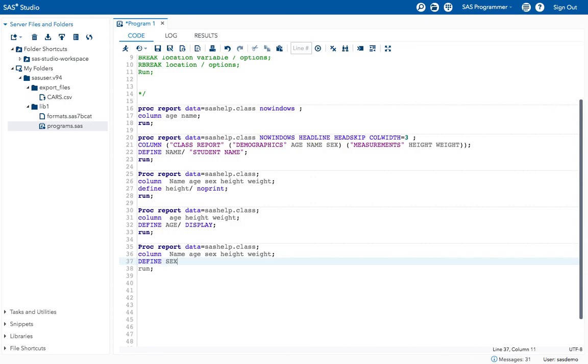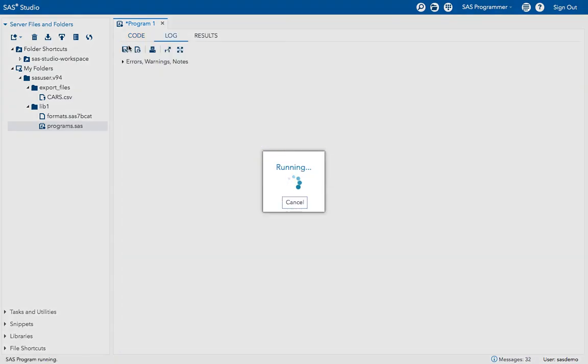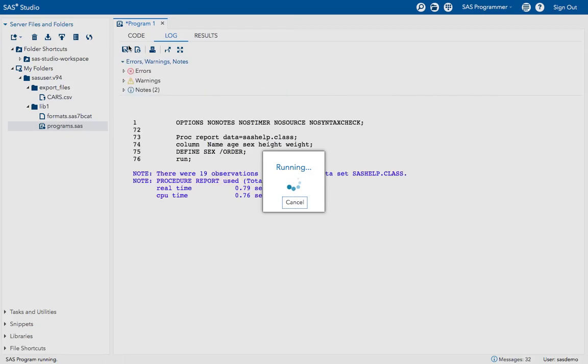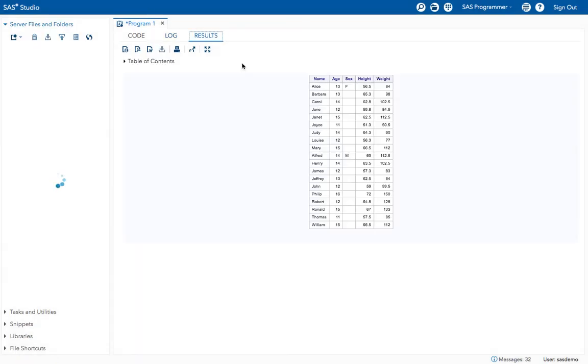I want to order these data values based on the sex values. Give order here. What will this order do? Execute the program. See, now I got all the female values first, and then I got all the male values.